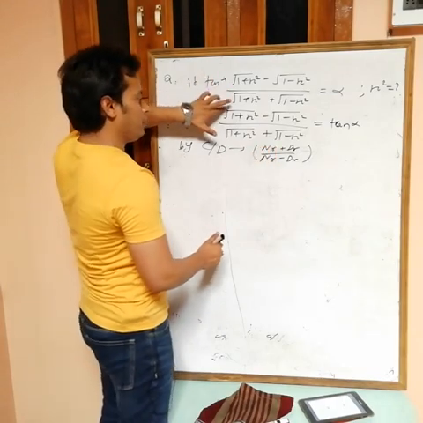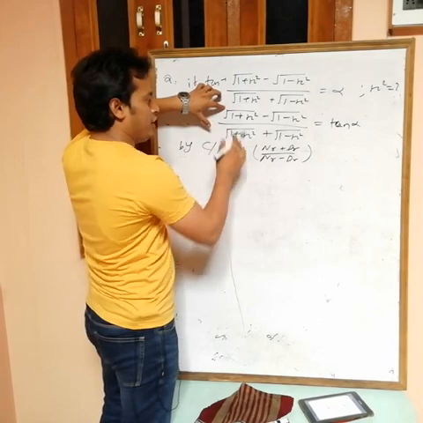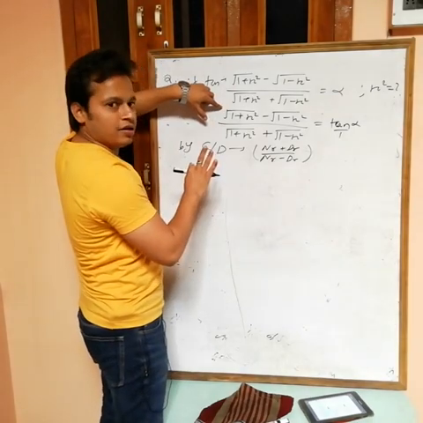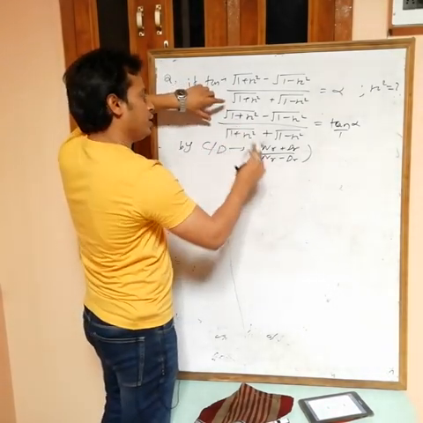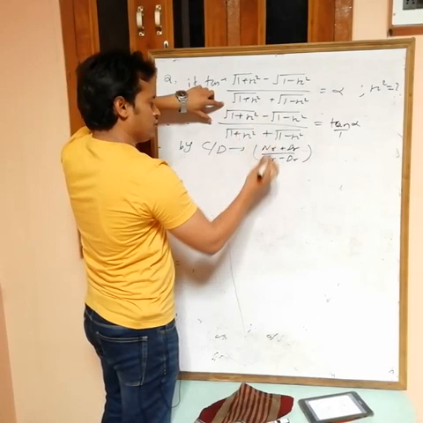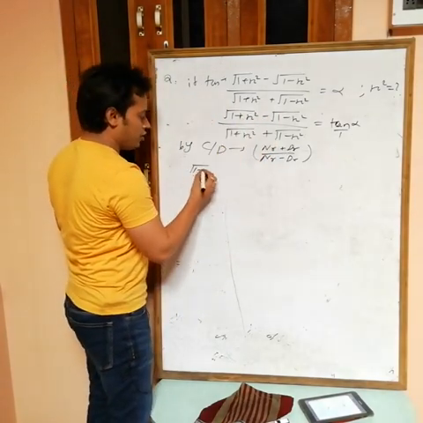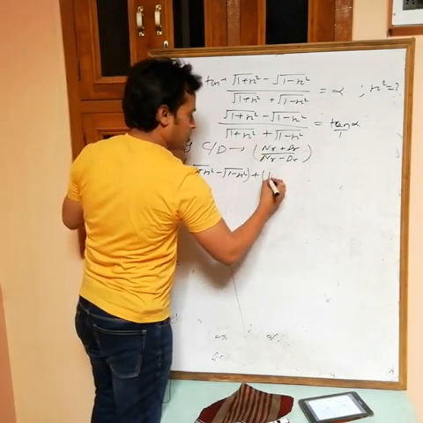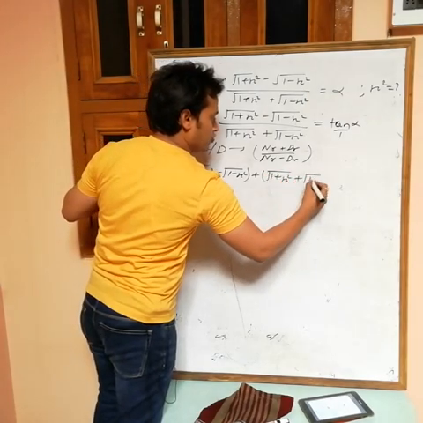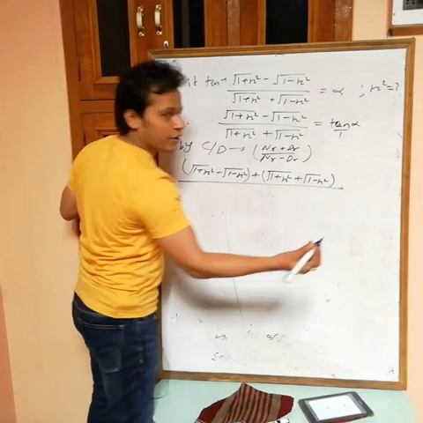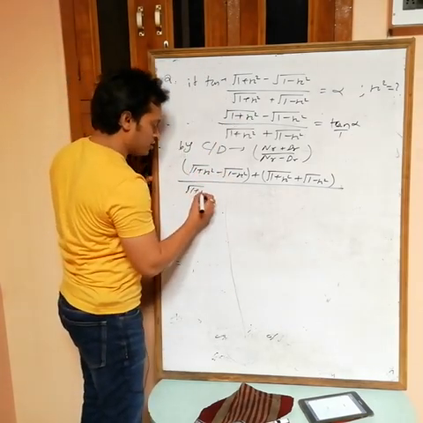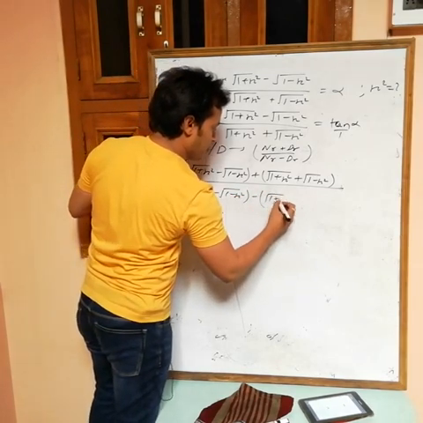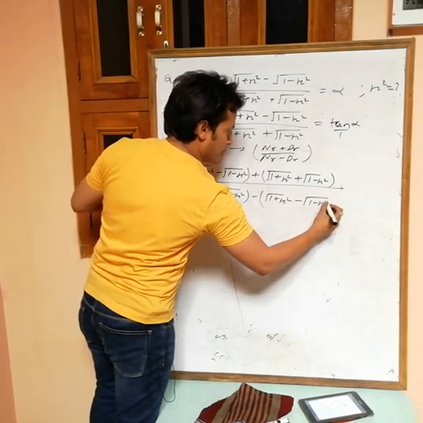So numerator plus denominator, this one plus this one, what are we getting? If you take this plus this, then terms cancel out. Okay, you can understand now. So I am writing it completely. Numerator root 1 plus x square minus root 1 minus x square, plus denominator root 1 plus x square plus root 1 minus x square, by numerator minus denominator: root 1 plus x square minus root 1 minus x square, minus root 1 plus x square, minus root 1 minus x square.